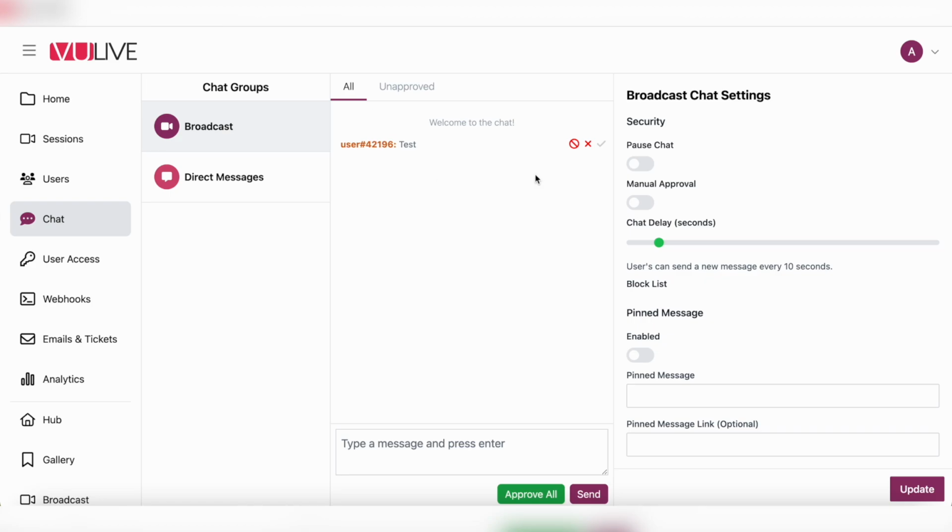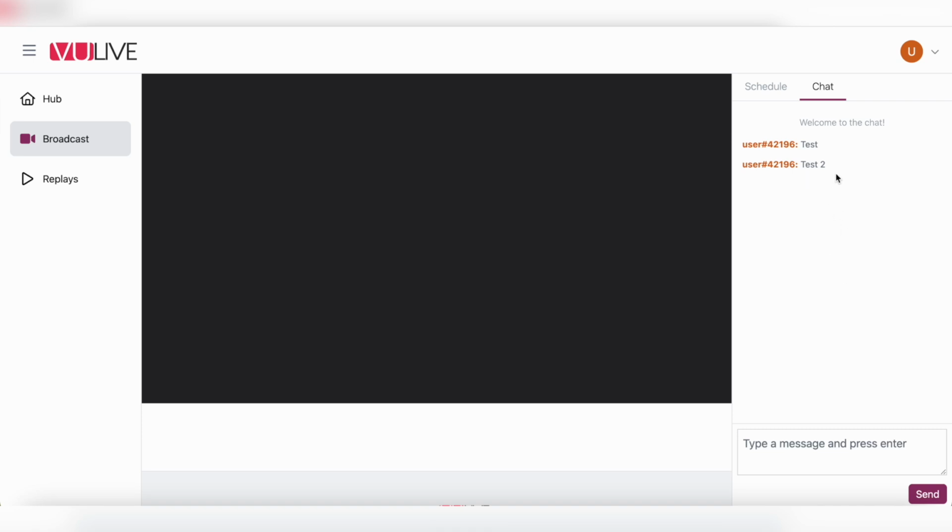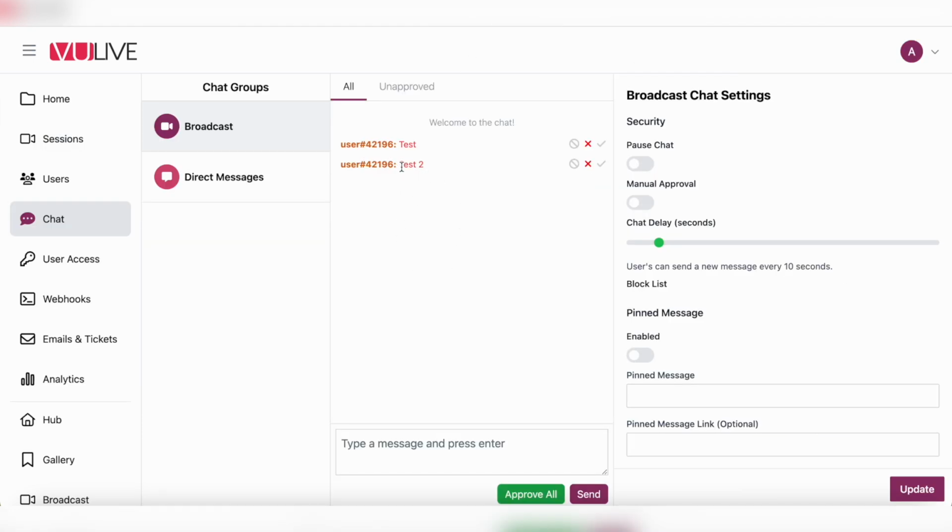First of all, if for any reason this user is not welcome in chat, we can choose to block this user by clicking here. Now this user will be marked in red and will not be able to post any more messages to the event broadcast chat. Now, if that user sends another test message, that message will come through on the back end, but as it is indicated by this red text, this message will not be shown to all the other event attendees and will